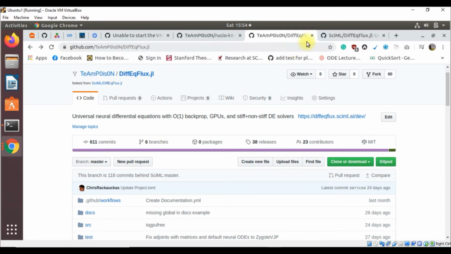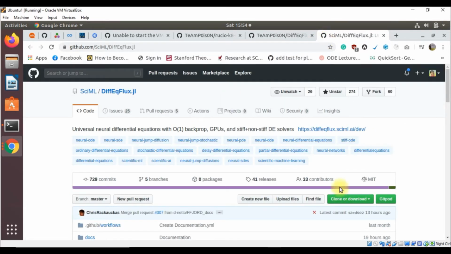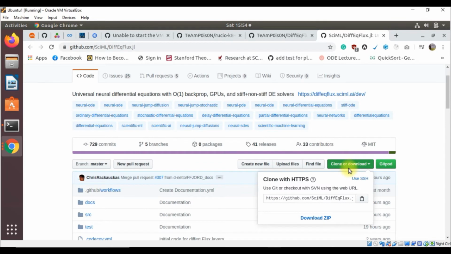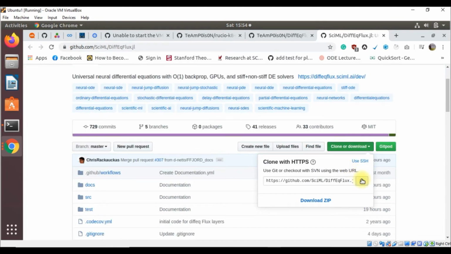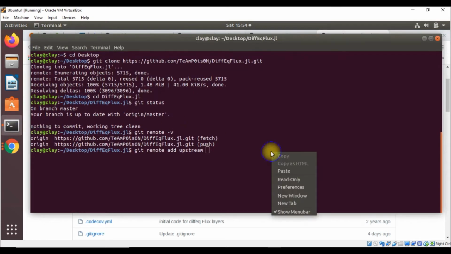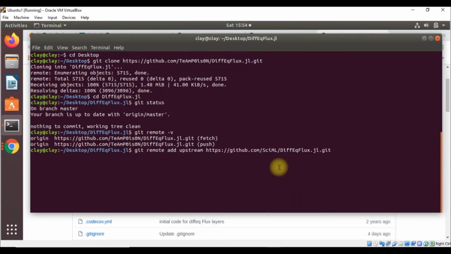As you can see, I have pointed here. Now I will copy this clone link, as I am cloning with the HTTPS link. I have copied it. Now I will paste it here.